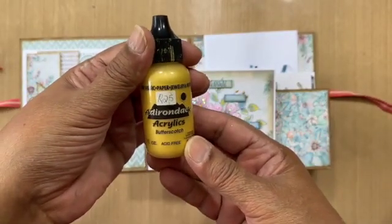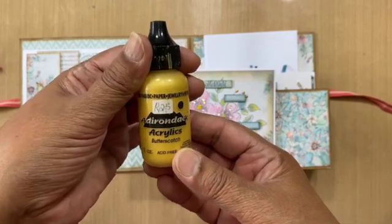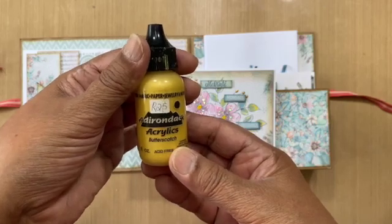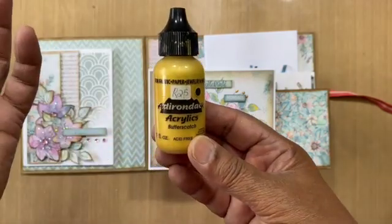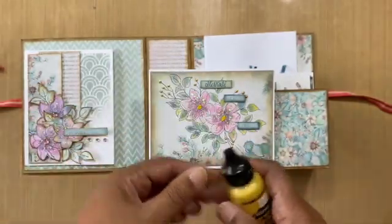It's called the Adirondack acrylics. I've got a variety of colors. These are really old. They look almost like liquid pearls. So if you've got liquid pearls, you can do the same with liquid pearls. And I just added little